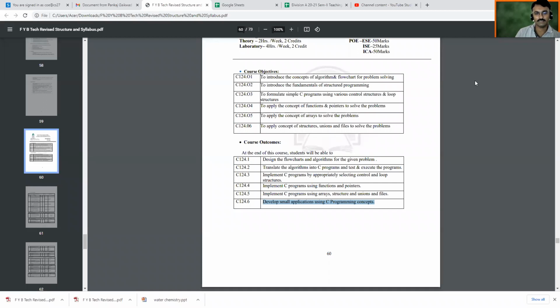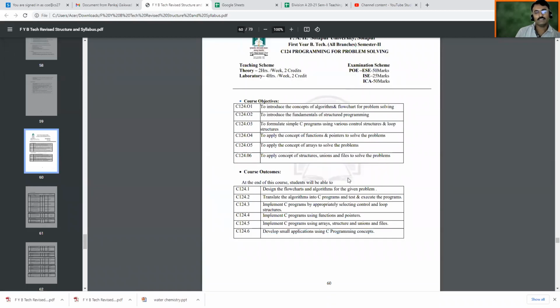Then issue date, return date, then the details of the borrower. Okay, then it will count the number of days, for how many days you have possessed the book with you. Okay, so at the end of this syllabus, what is expected is that you can design this library